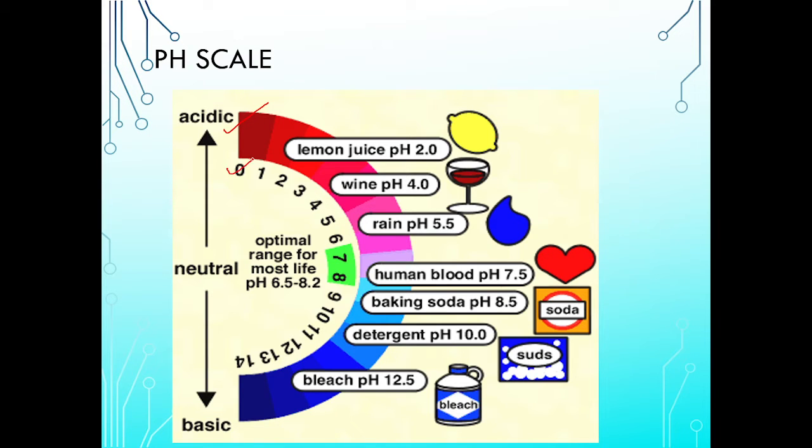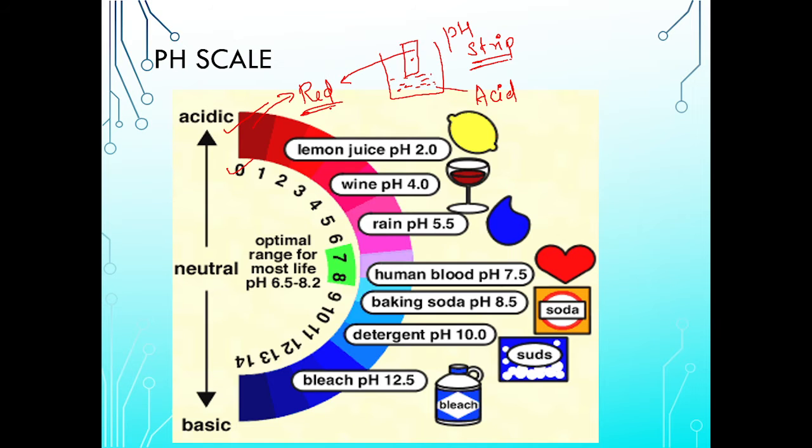That is the acidic pH. Whenever you have it, the pH scale will show red color. How will it show? See, this will be your container in which either your acid or base is kept. Suppose your strong acid is kept over here. Whenever you dip a pH strip in it, I'll show you the pH strip also in this section itself, the pH strip will be converted to red color. Whenever you get a dark red color, that will represent the strong acidic pH.